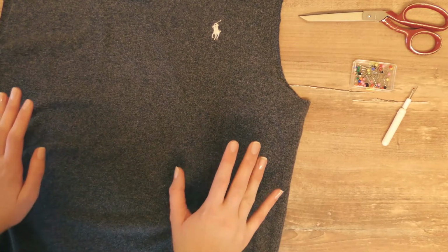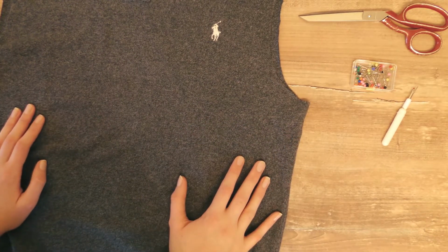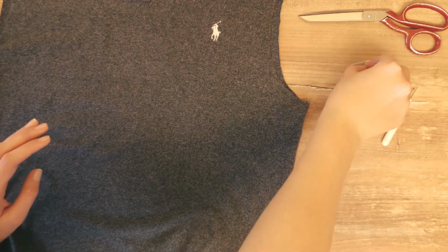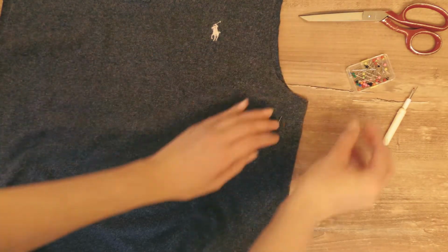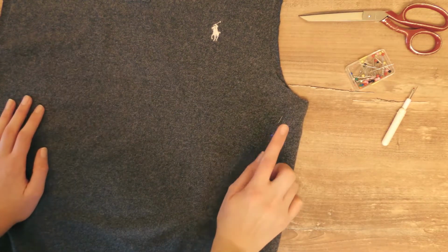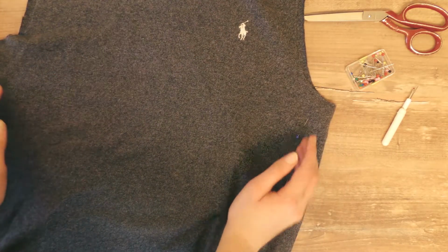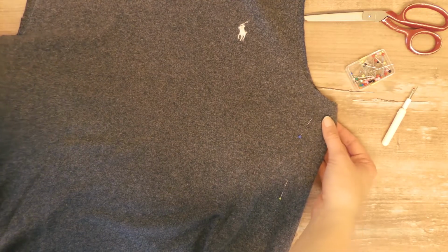So here you also need to try it on and just see how tight you want it or how much fabric you need to get rid of. So I'm gonna put a mark on here just to show you what that would look like. So that's what you need when you try it on. Be careful not to poke yourself. And then you just wanna mark how tightly you wanna have it. Make sure to leave 1 or 2 centimeters more just for the width of the stitches, but we're gonna make it narrower so that it has a really nice